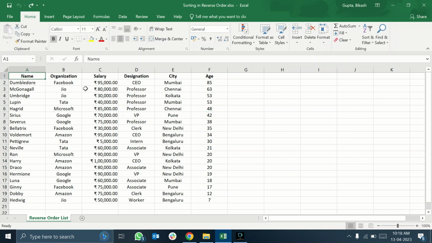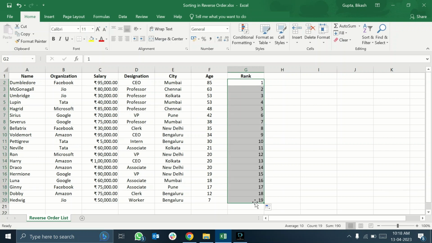So here there's a trick for doing this. So let's make a new column. You can name it anything. I will name it as rank and I'll give it rank 1, rank 2 and so on. I will drag this to this last one. Now in a very simple way, I will just sort this only